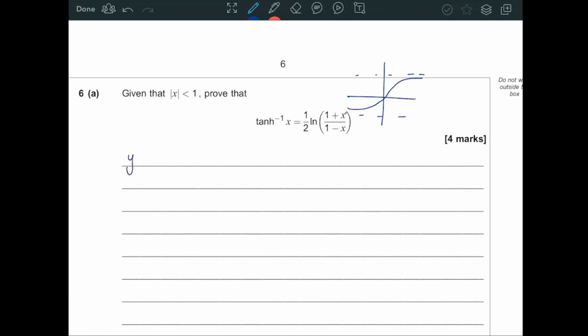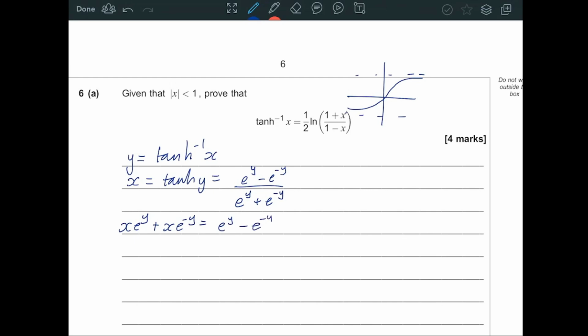But the best way to tackle these is by setting y equals tan inverse of x, to rearrange and turn into exponentials. So we know that tan is sine over cosh, and I've written them both in terms of exponentials straight away and cancelled the halves. And now we just need to try and solve this. And if you recall the similar methods for cosh and for sine, we're basically aiming for a quadratic in e